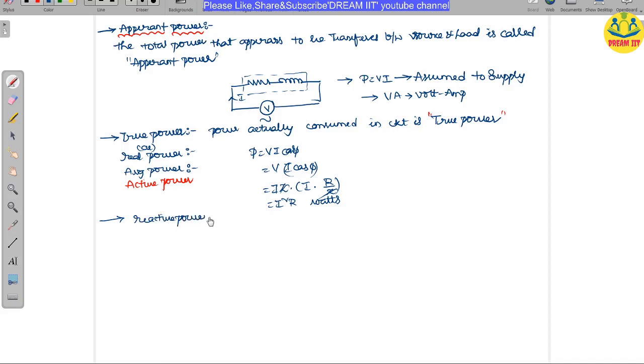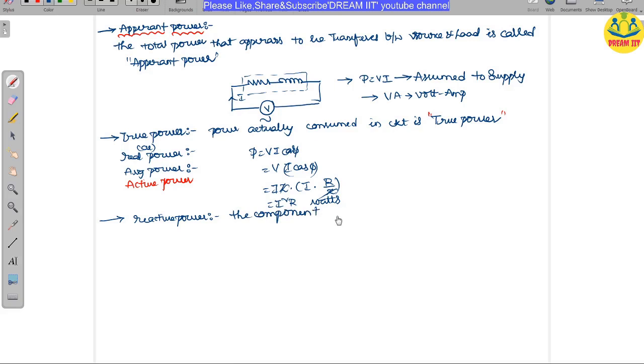So for the reactive power explanation, I have to take one diagram that I have given in the previous paper. Let us go to that. Just take the definition. First you write the definition. The component